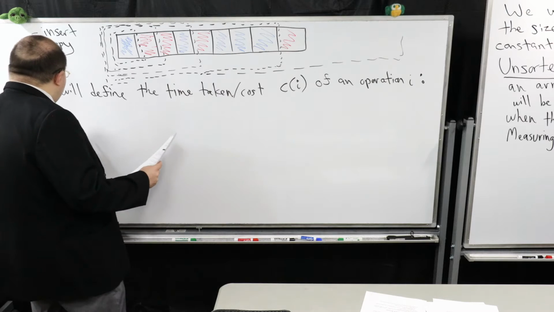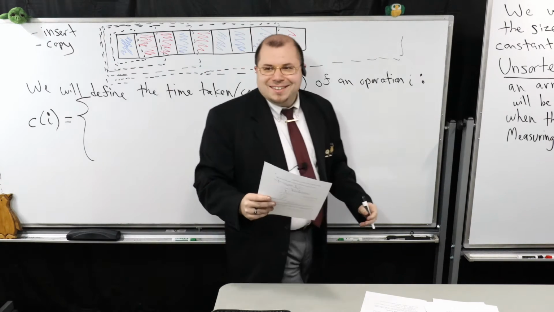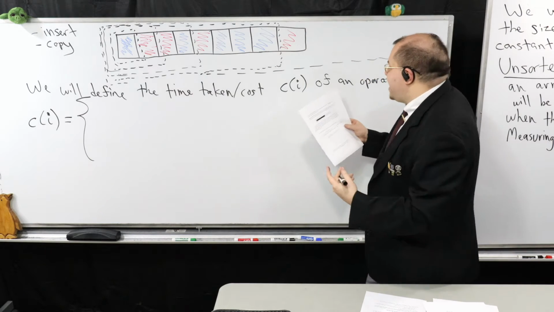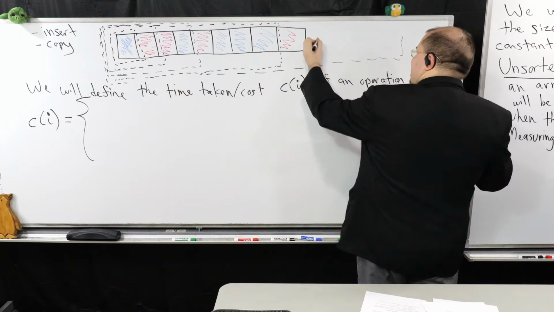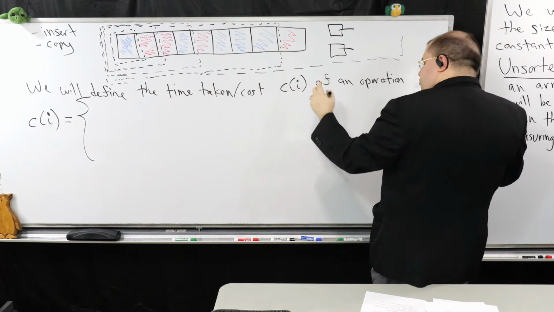So I told you that it seems like there's two cases, the blue squares and the red squares. So I'm going to give these names just to make this a little easier for us to talk about. So the red squares,